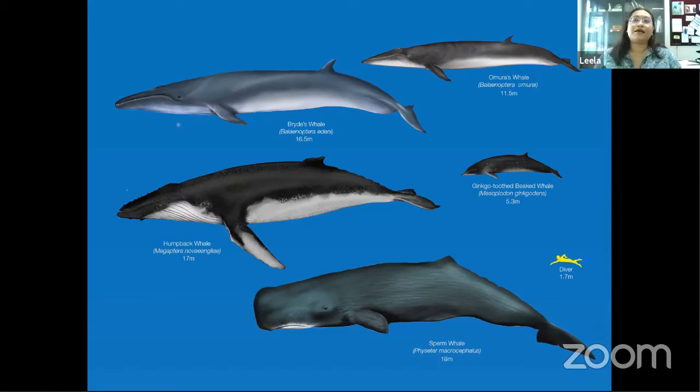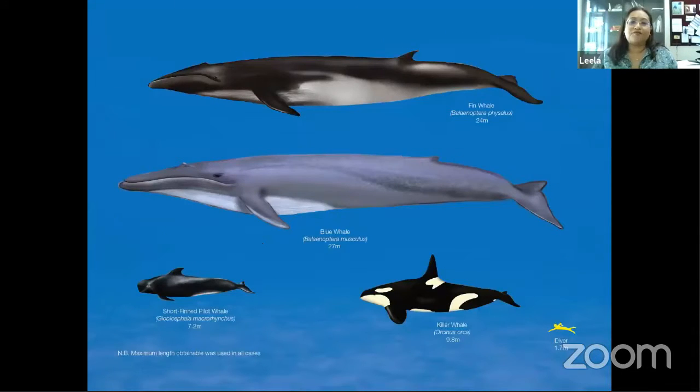They have baleen plates, which are really thin pieces of bone that form sort of a filter. So when all these critters, like krill and small little fish, just go in, they would just filter out all this protein, and that would be their diet. This is actually quite scary because of our plastic problem. Anything that goes into their mouth will be sieved out and it will go into their stomach. Well, it's not a good thing if you have a bunch of garbage and plastic going inside their